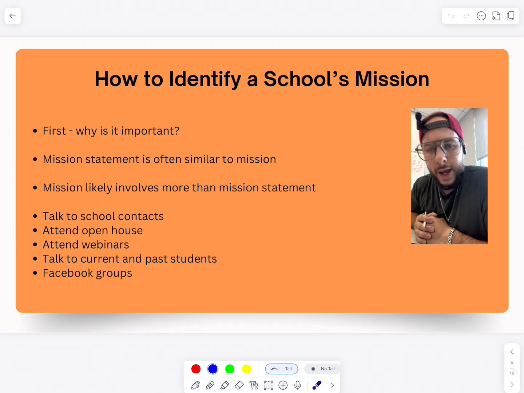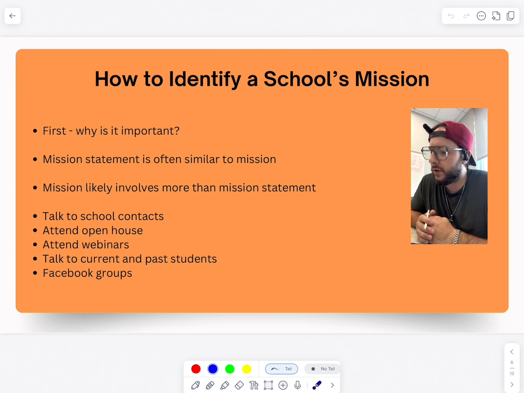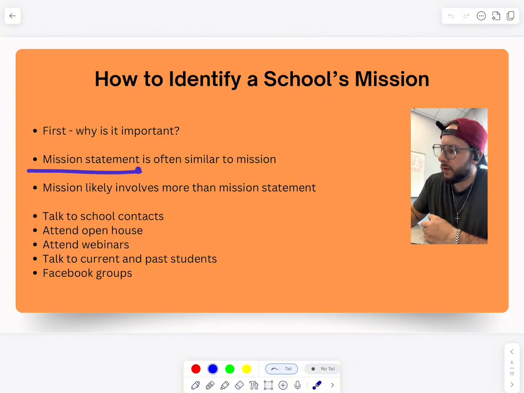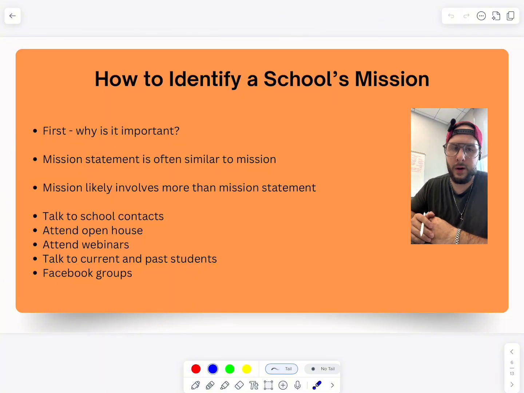For example, if a school has a strong preference for people who are interested in primary care fields of medicine, then they are going to give preference to students who express in their applications that they are interested in primary care medicine. Now, the mission statement may say something about primary care medicine. It's probably going to say something like, our mission is to educate physicians to meet the needs of, whatever, in whatever state, or maybe especially meet the needs of rural and whatever. Okay, great. A lot of schools have a mission statement that says something about what they want to do for the underprivileged in their state, or the underserved, or the rural, or whatever have you.